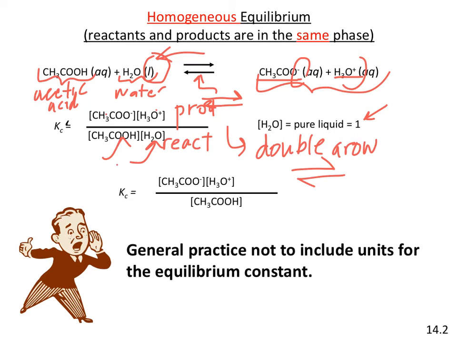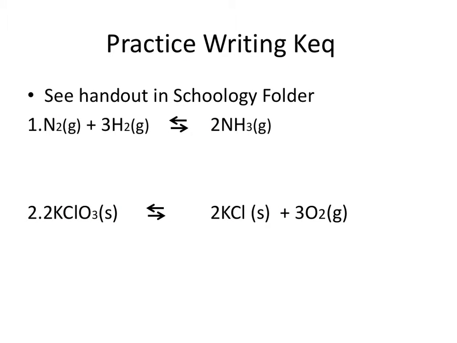So finally, the equilibrium constant expression for the reaction above is this. Products over reactants. Water disappears because it's a pure liquid and has a value of 1, so it drops out of the equation. Okay, so that's our first attempt at writing an equilibrium constant expression. And like I mentioned before, the equilibrium constant does not have units. Okay, so we're going to practice writing the equilibrium constant expressions for some of these